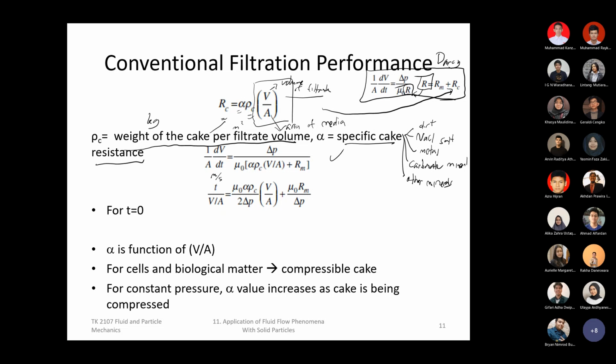Meter per second. Surface area, that's dV per dt. So that's the production of the filtrate, the filtrate rate, the flow rate. Then you can estimate the sufficient pressure drop in order to produce that kind of production, if you already know the viscosity, the specific cake resistance, the density, the production, and the media resistance. Any question up until now?